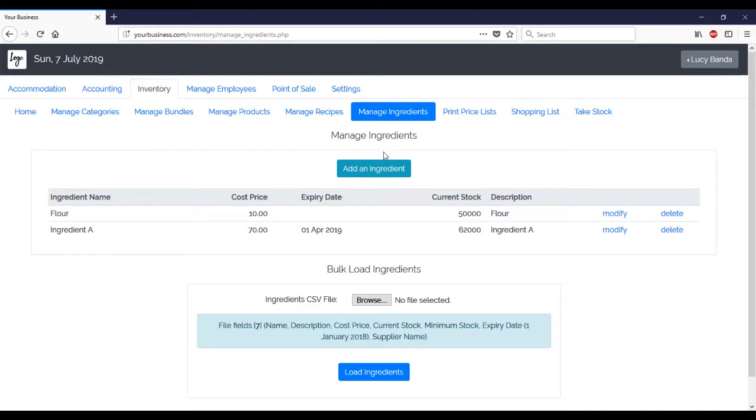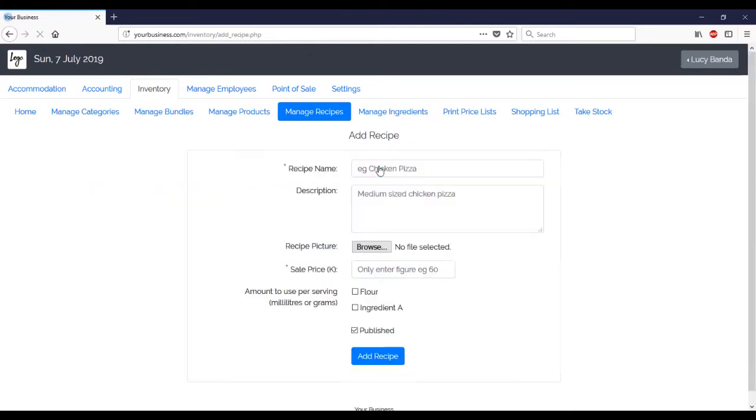Once all your ingredients are set up, you can then proceed to manage recipes, as recipes are reliant on the ingredients that you've just configured. To add a recipe, you click the Add a Recipe button, and then enter the details about the recipe that you would like to create. In this case, you, for instance, add the recipe for bread,